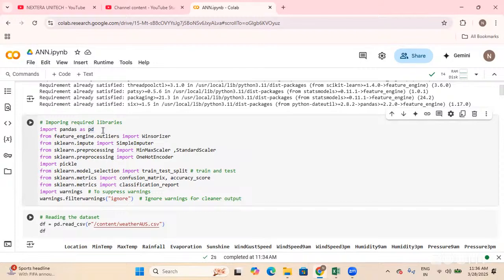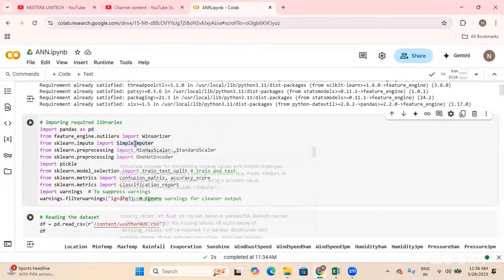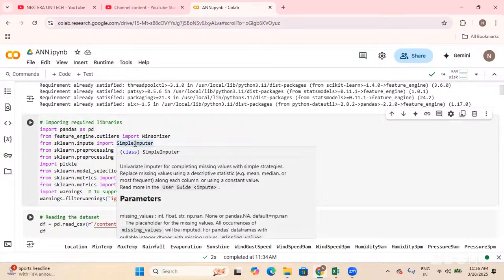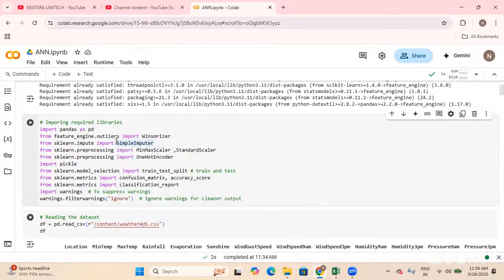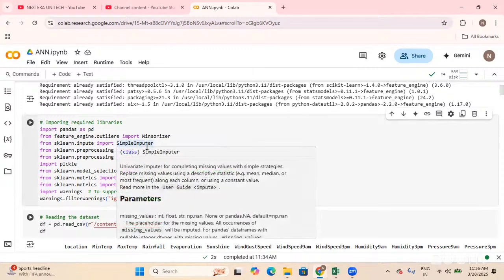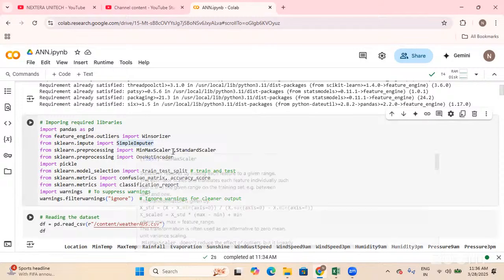Then next to Winsorizer, I'm going to import SimpleImputer, and SimpleImputer helps us to perform imputation. If I want to handle missing values, I'll import SimpleImputer,